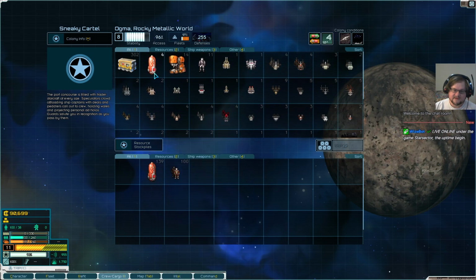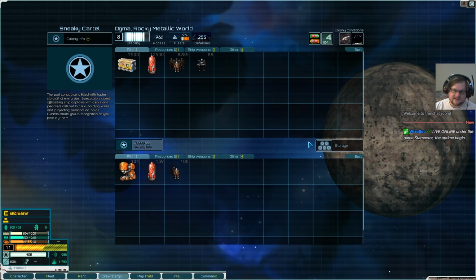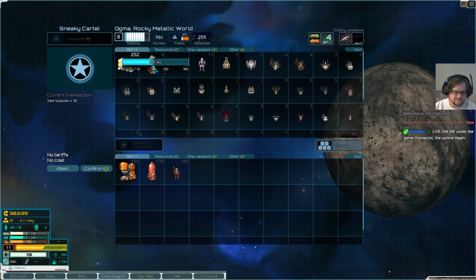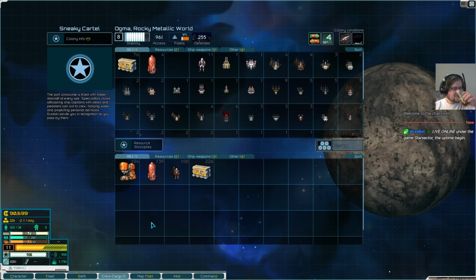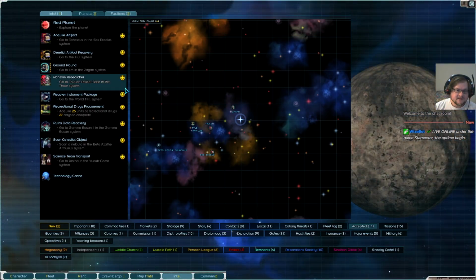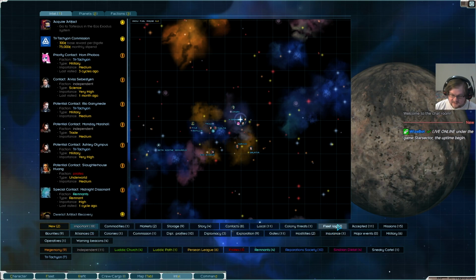Let's sort this. We're gonna want those. We're gonna want those as well, and then we want all we can carry there, because we're gonna burn through it relatively quickly with so many small ships. And we can technically fight things, but it's a bad idea to do so. Okay. That's important. I don't care about that. What I care about...